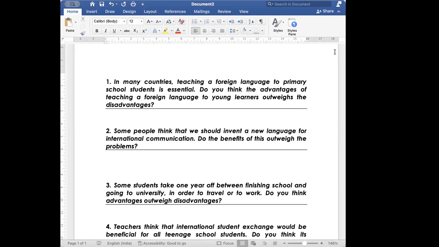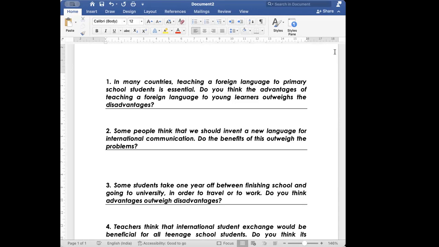With these 3 points, you can make a whole essay. Is that clear? The whole essay can be made with just 3 points. So we have to make 2 paragraphs for that, one for benefits and one for problems. Yes, and the one which you are writing less, like you are saying, the benefits of inventing are less now. So you can begin the first paragraph. You can start it with the word admittedly.